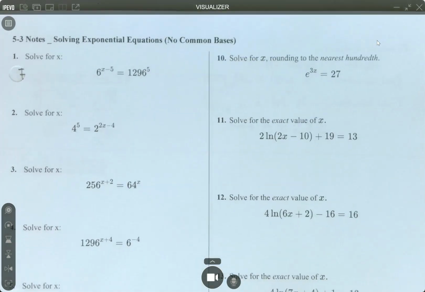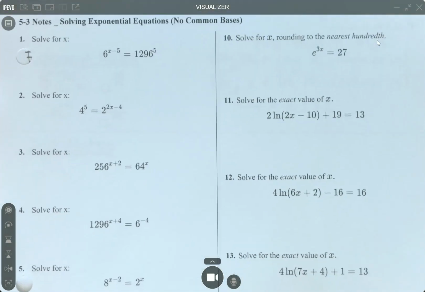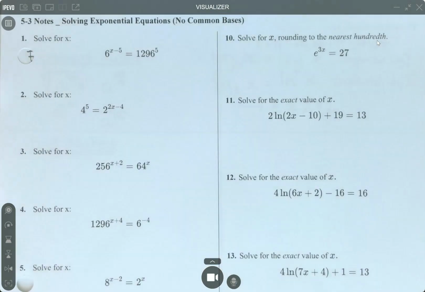note-taking guide. Problems 1 through 5, I would like you to pause this video and solve these problems using the common base method. So problems 1 through 5, pause right now and solve them using the common base method. Now, just in case you are unsure what I'm talking about, we are going to do one problem together, number 1, so that you can go ahead and proceed to finish the other 4